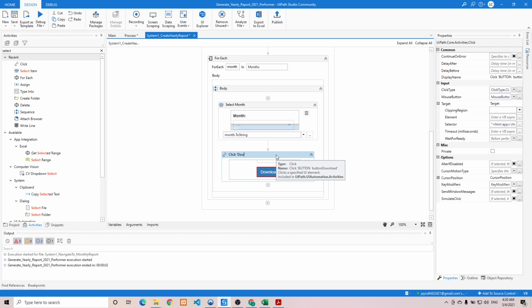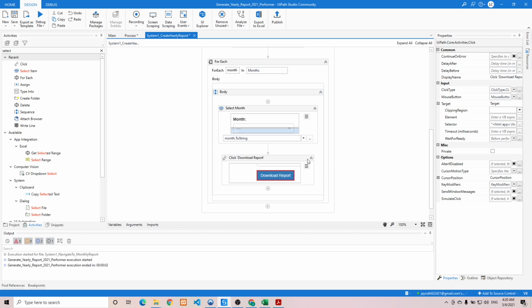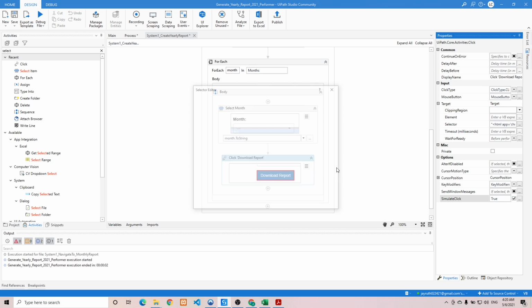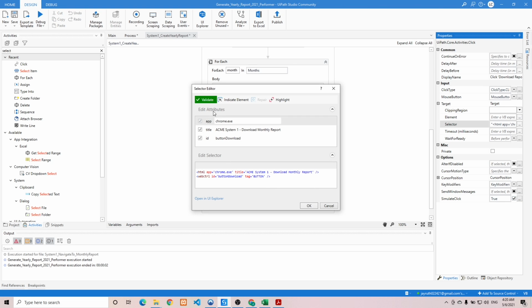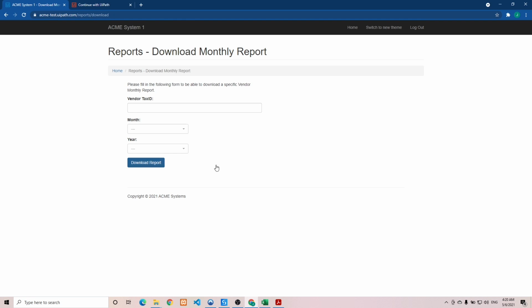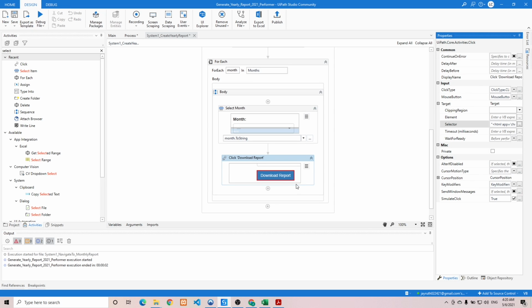Let's say download report, and let's simulate click. Let me just check the selector because we always want to have the best selector. I think this one is good because there's an ID. And after that,